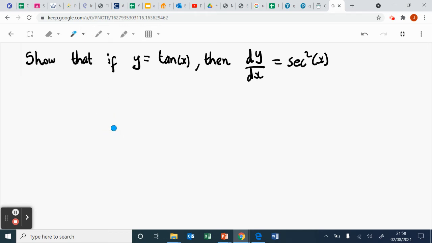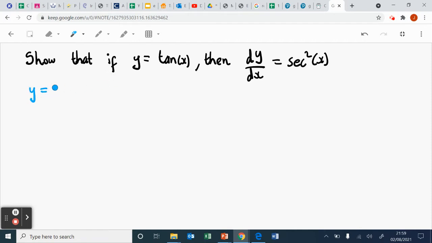And here we are back with another example, or some more examples, on differentiation using product rule. Yes, I said product rule. It says here, show that if y equals tan x, then dy dx equals sec squared x. Where's the product? Where is the product? Well,